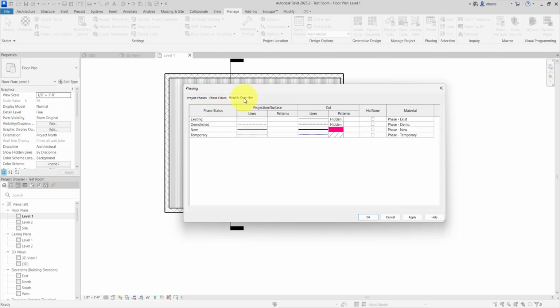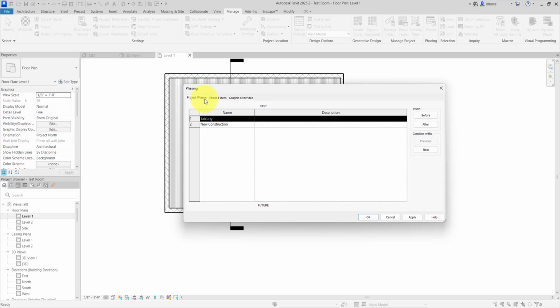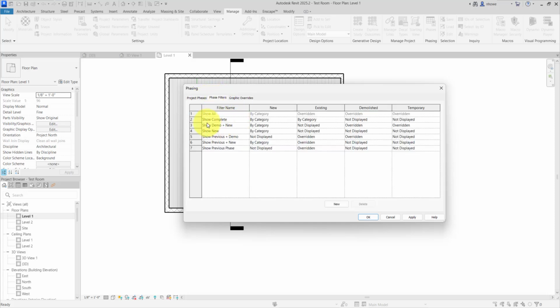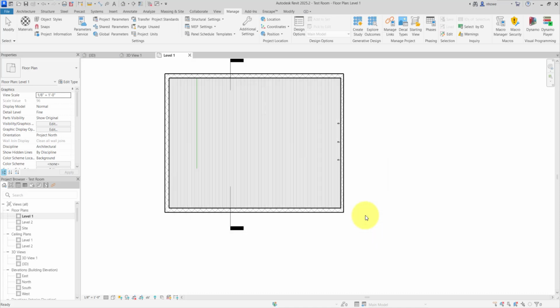And then let's see, we're going to go over to Project Phases, Phase Filters here. We're going to see what we have as possibilities, because we need to change some of these to, instead of by category, we need to change it to overridden. So I'm not sure if it's complete, or we'll try that. Alright, it didn't change anything. So we're going to go Show New. We're going to change that to overridden. And so what it means when it's overridden, it's going to use those graphic overrides we just set up, that